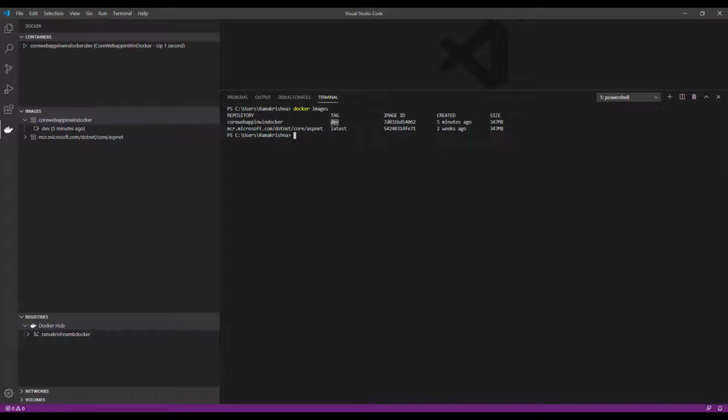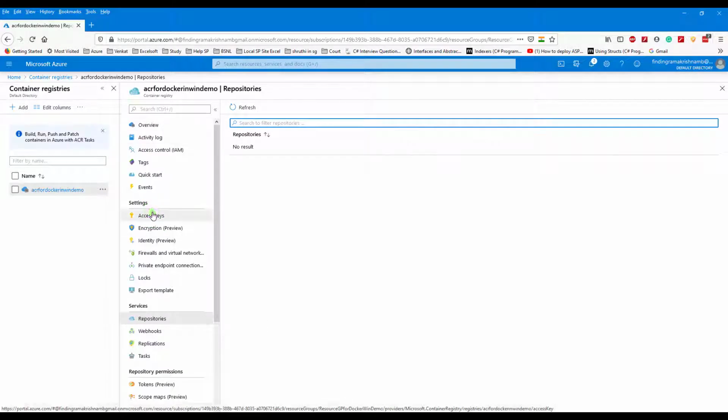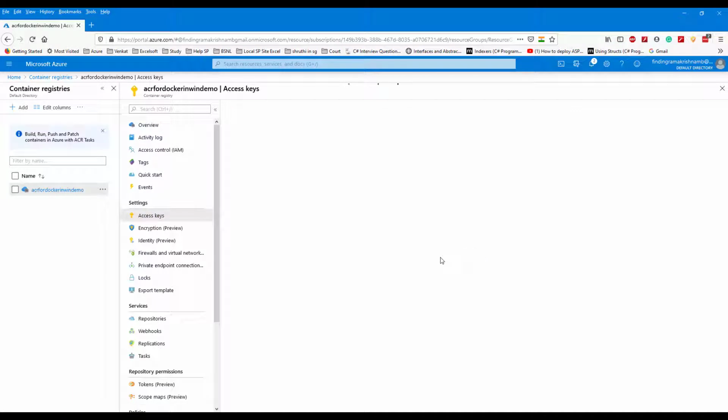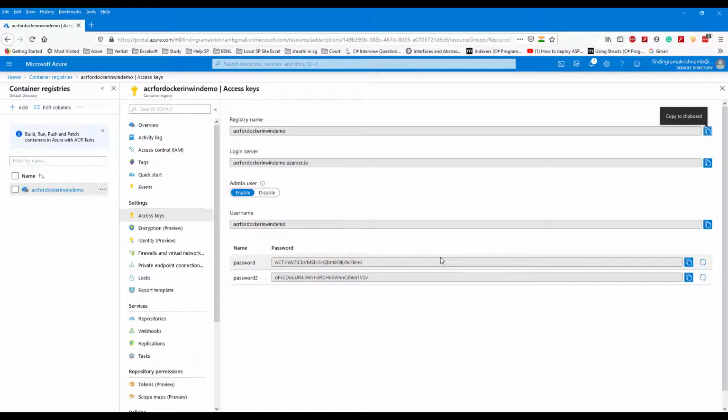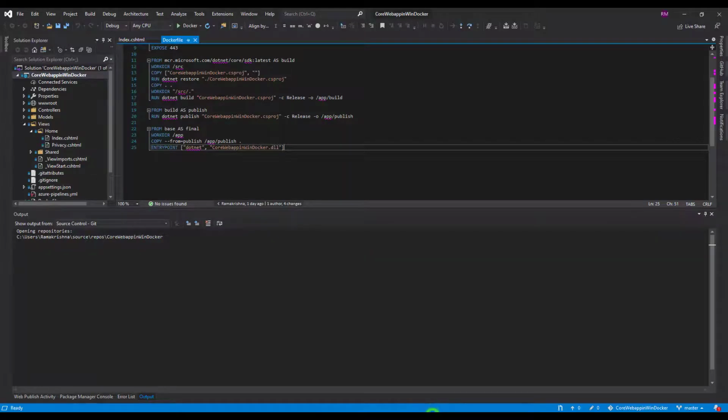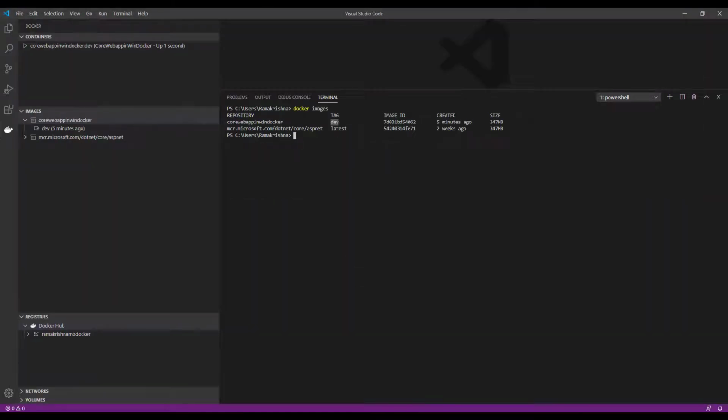So to push this image to our Azure container, first we need to log into Azure container. To log in, go to access keys, copy the login server, and go back to the Visual Studio Code command prompt.